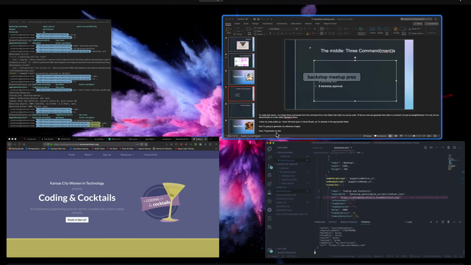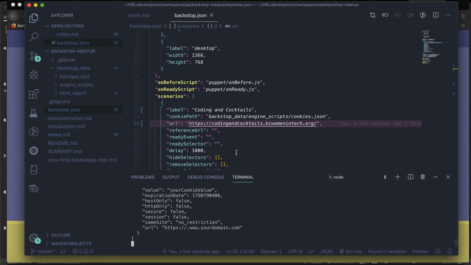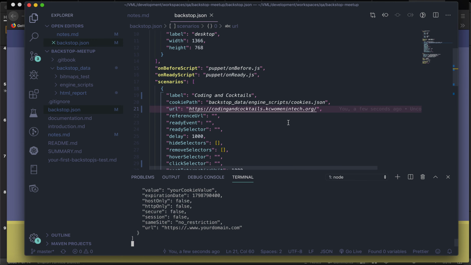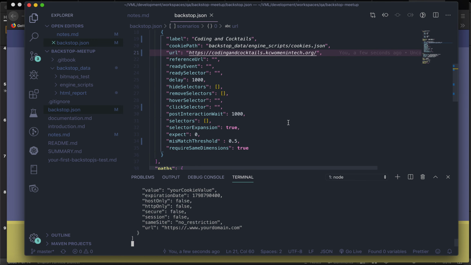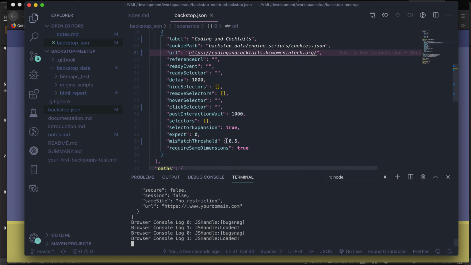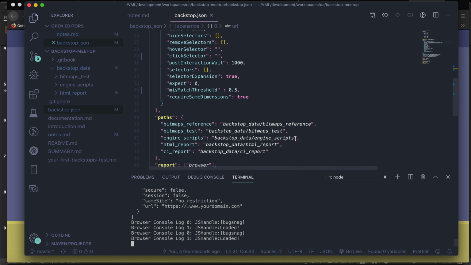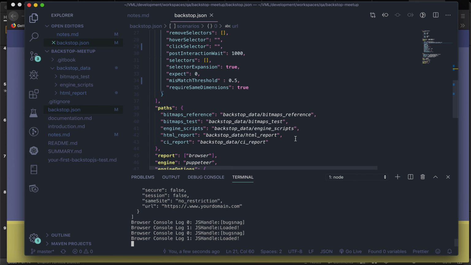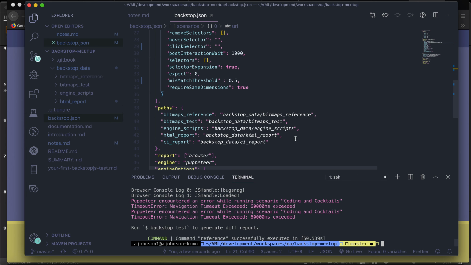It's odd that this is taking so long. It almost seems like there's a problem with the headless browser accessing this site. It was working a month ago, and I don't think I changed anything. Okay, we'll just have to move on. I'm not really sure. Command successfully executed, but